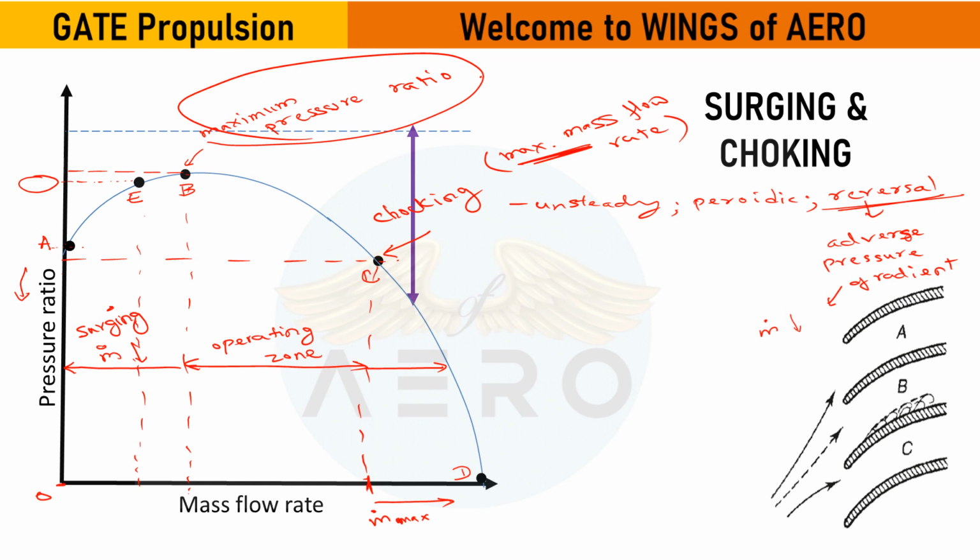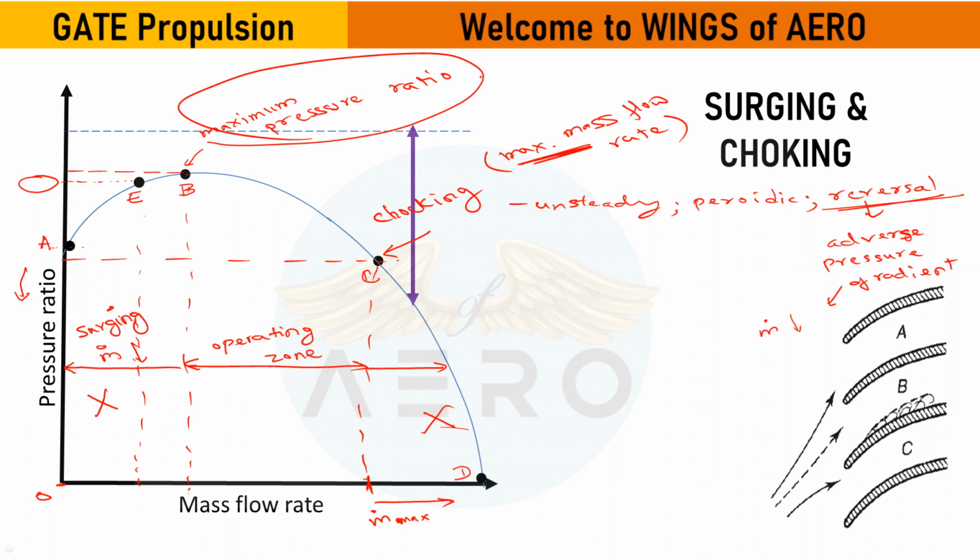That's the fundamental difference between surging and choking. Between B and C is the operating zone, and C is the point which is the start of choking. Drastically the mass flow rate starts to increase with a decrease in pressure ratio, and in surging there is a drastic decrease in mass flow rate at a certain extent of pressure ratio, okay. But ultimately neither of these zones is acceptable. We don't want either surging